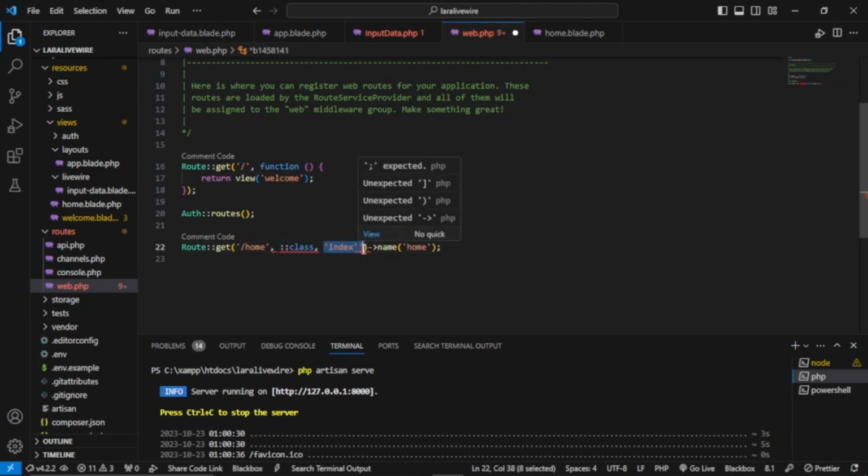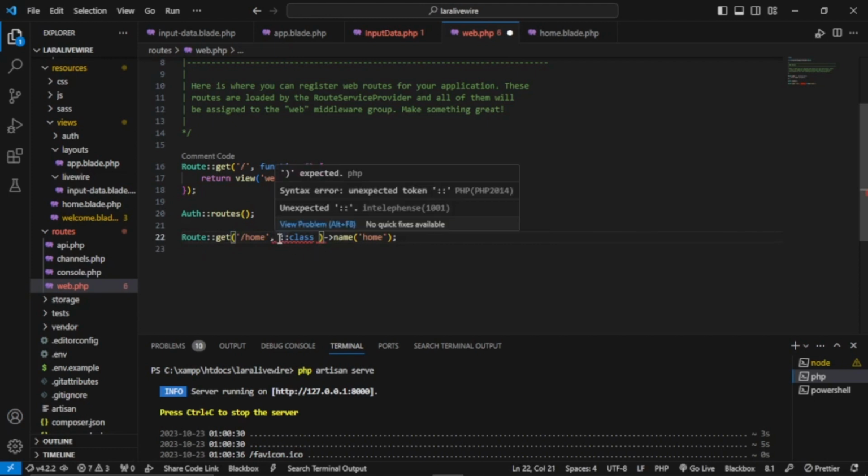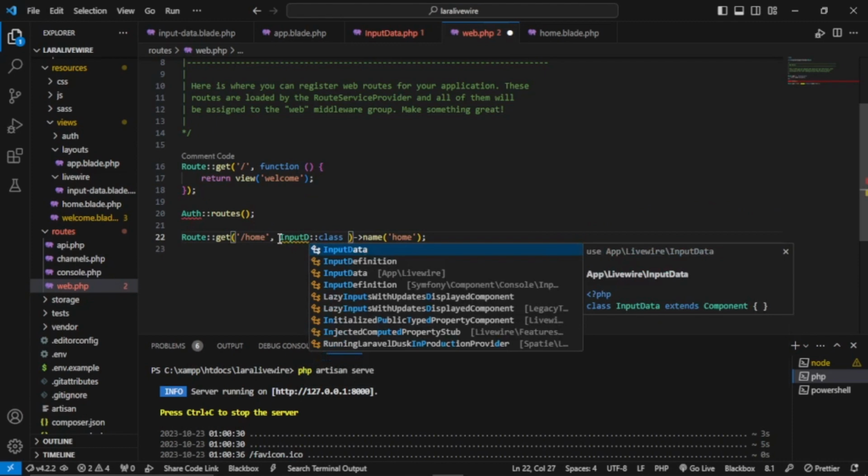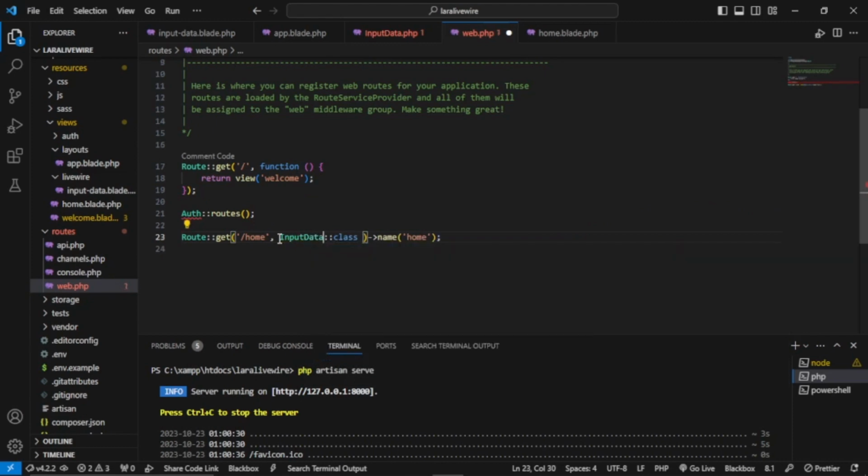This here into this one. Then after that,